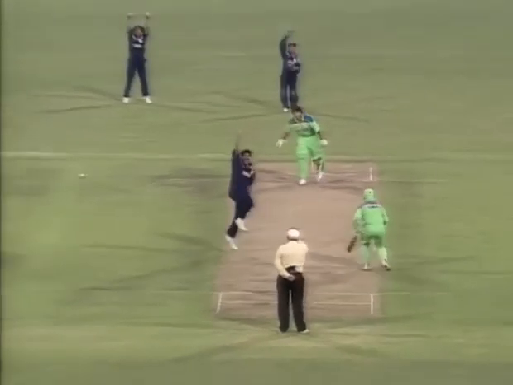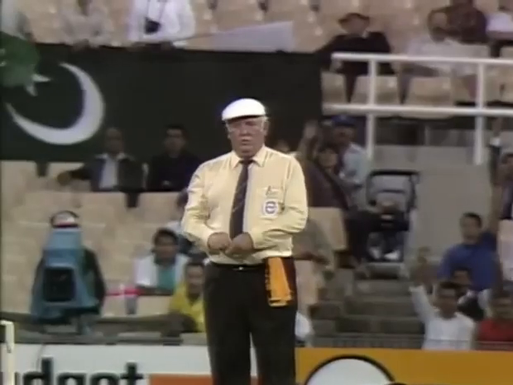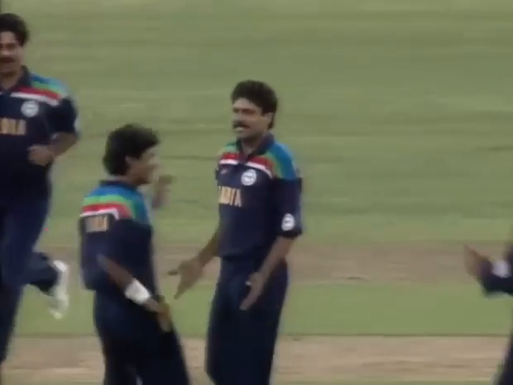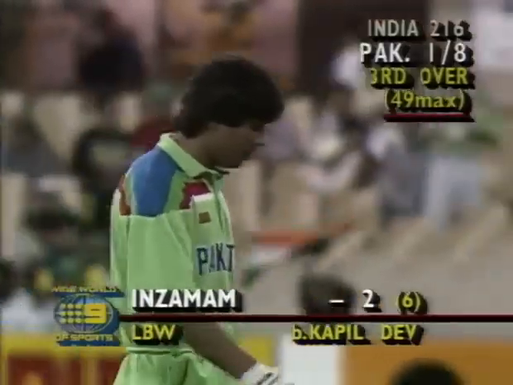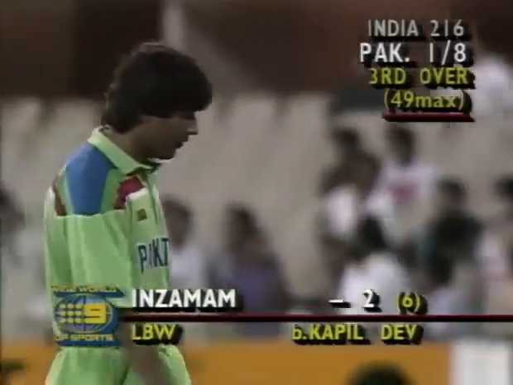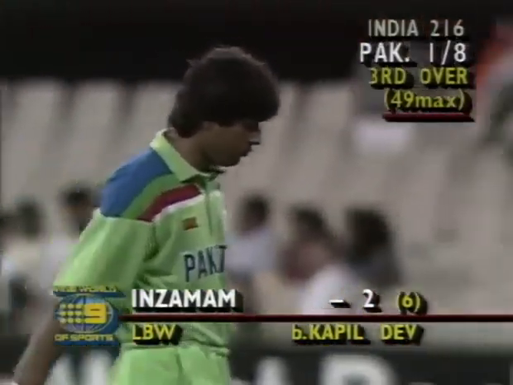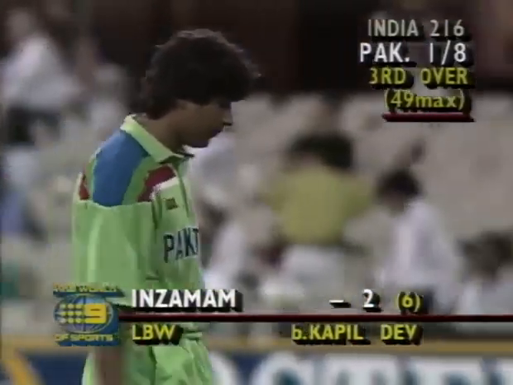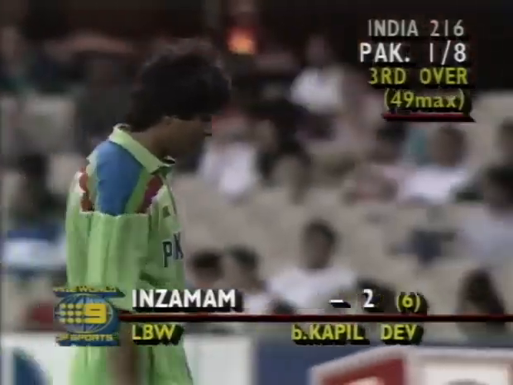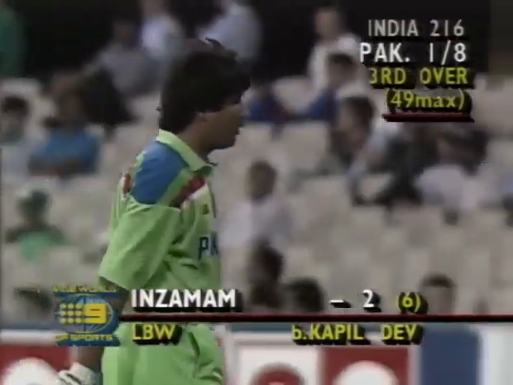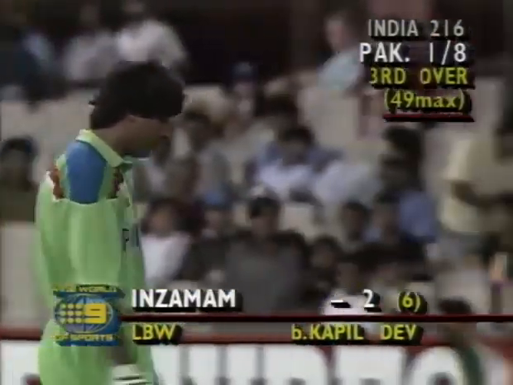He's hit him on the roll of the pad, but umpire David Shepherd in no doubt whatsoever. Leaving the field rather slowly. I'm glad the lights are on. So Kapil Dev the one getting the breakthrough, and a breakthrough India really need. And Pakistan are now 1 for 8 in the third over.